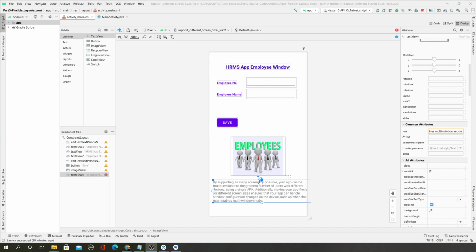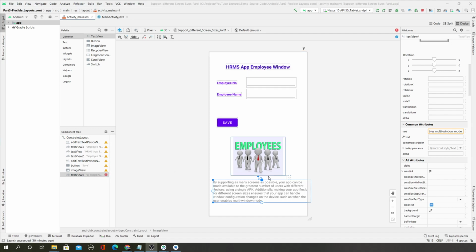But as you know, in constraint layout, you have to give at least one vertical constraint and one horizontal constraint. Now we have given only one vertical constraint, and so that is why you are getting a warning here.